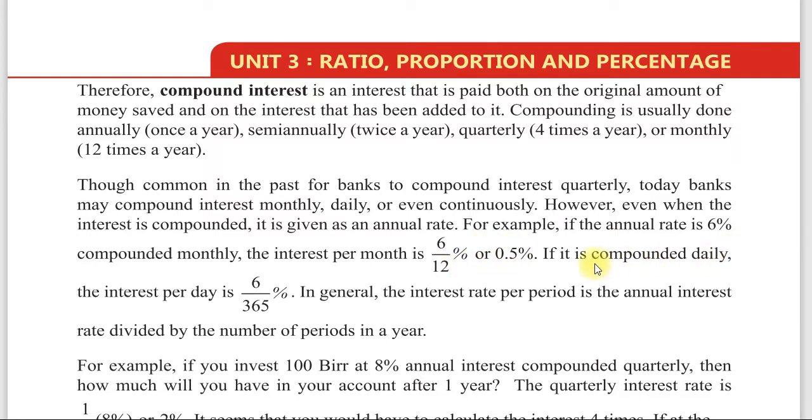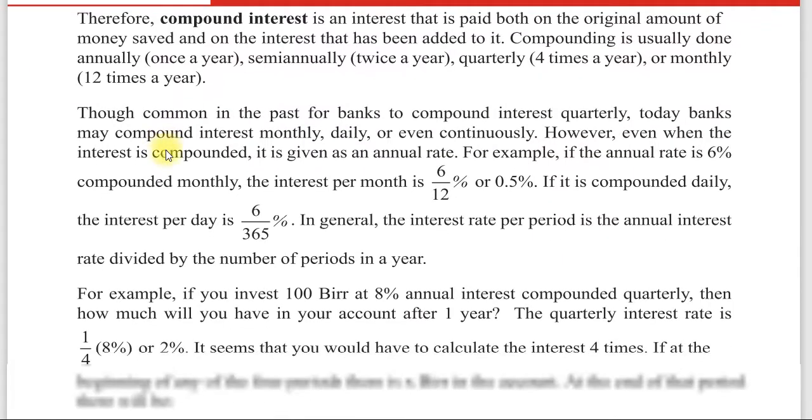If it's compounded daily, the interest per day is 6/365%. So in general, the interest rate per period is the annual interest rate divided by the number of periods in a year. ስለዚህ እዚህ ጋር ትንሽ ኮምፓውንድ ኢንተረስት የሚለው ከሲምፕል ኢንተረስት ሶፊስቲኬትድ ነው ወይም ትንሽ ወሰብሰብ ያለ ይመስላል፣ ግን